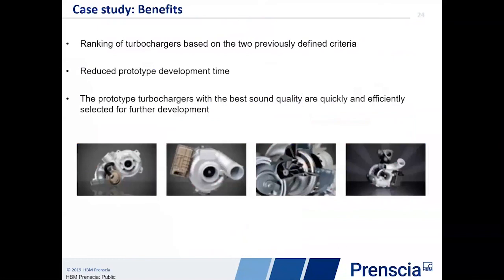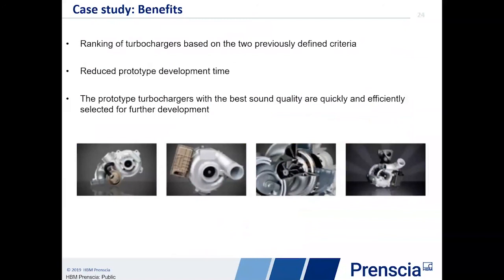So the benefits of this study by Garrett was that thanks to VibeSys, they were able to perform a very efficient and very quick ranking of their turbochargers based on the two criteria we talked about. That was a very nice thing for them, because when you have 54 designs, you really need to rank them to know which one you're going to work on in the development stage, or which one should be left as it is, because there is no chance of having good results with it. The second benefit is that Garrett was able to reduce a great deal the prototype development time